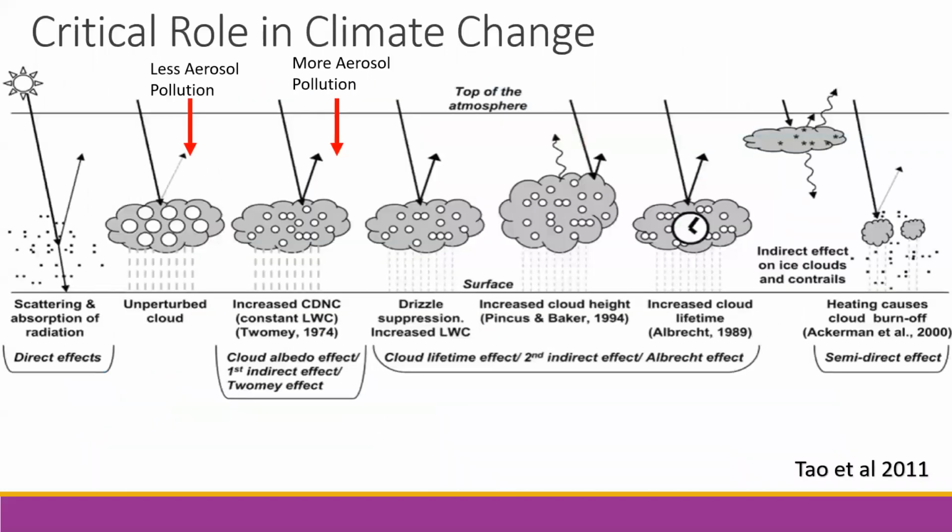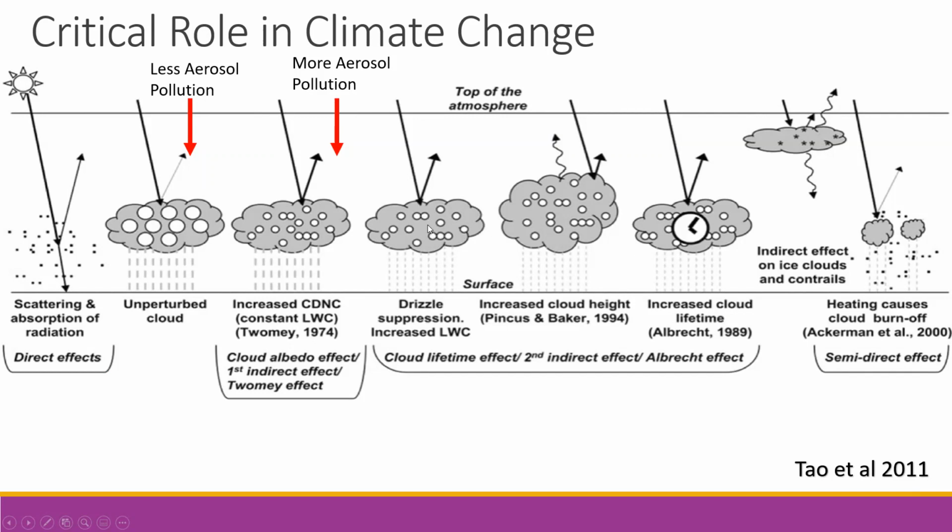So this is a great chart to show how aerosols and aerosol-cloud interactions interact with our climatic system. As I showed before, aerosols can scatter or absorb solar radiation depending on the chemical composition of the aerosol. And of course, clouds are capable of reflecting solar radiation as well. However, when you have a cloud that is affected by significant aerosol pollution, you get smaller but more cloud droplets, which allows the cloud to reflect more solar radiation. So a polluted cloud leads to a more significant net cooling effect than a less polluted cloud.